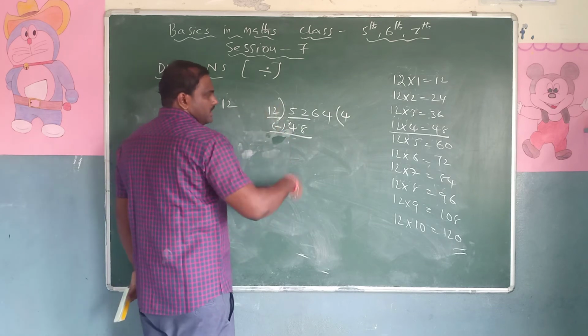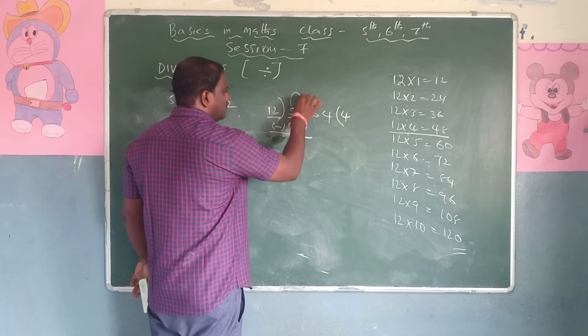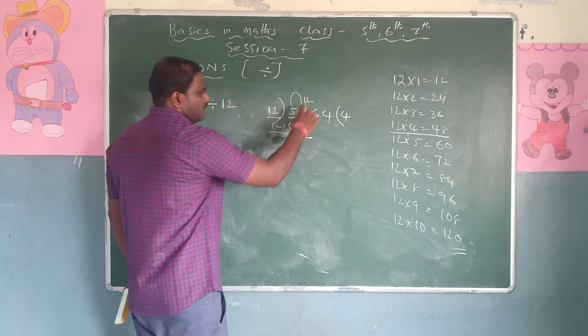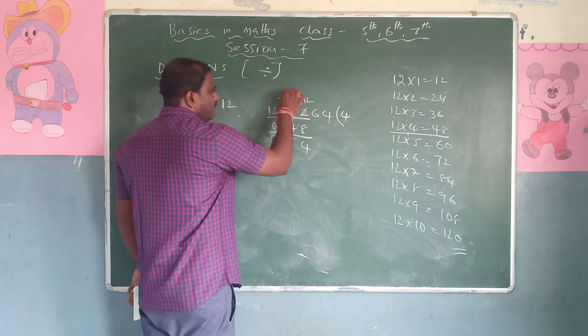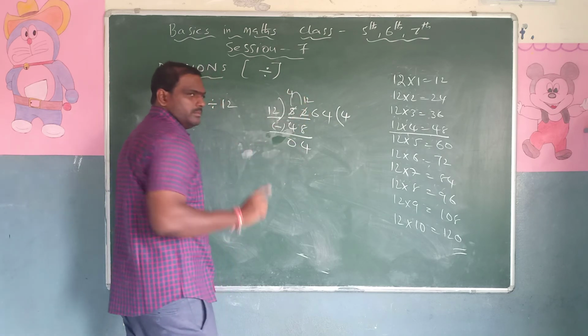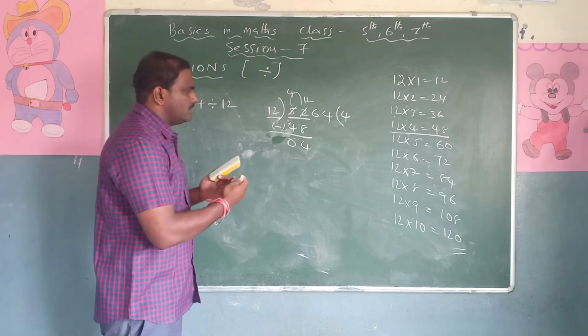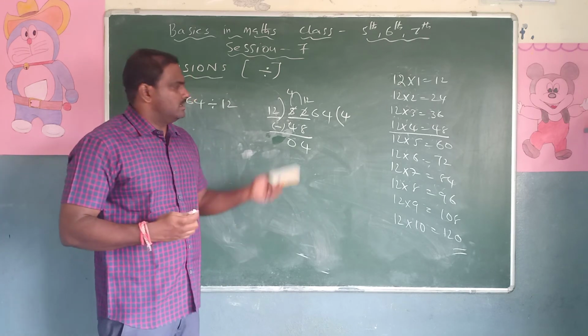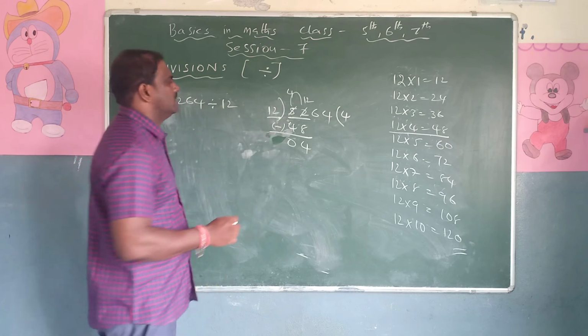Next what should I do? Subtraction. Now it's a combination. Look at this. 2 minus 8 is not possible. So what should I do? I should borrow. Now it will be 12. So 12 minus 8 is 4. And how much will it be? 4. 4 minus 4 is 0. Be careful. When the sum begins to get tough, the students may commit more mistakes at this stage only.